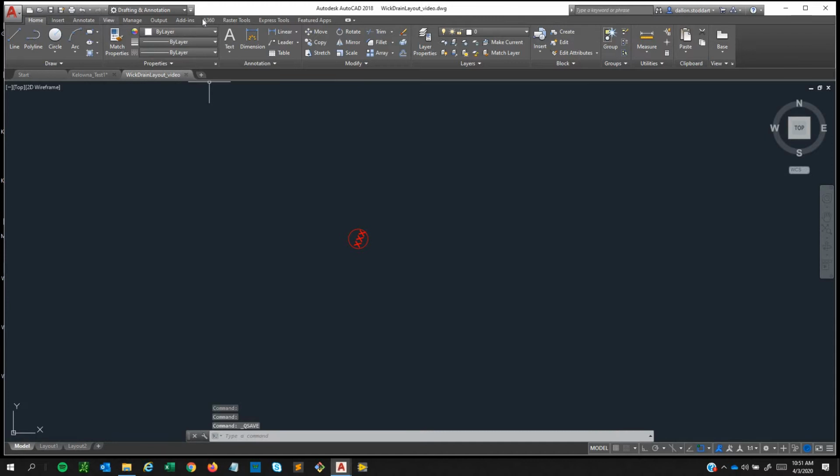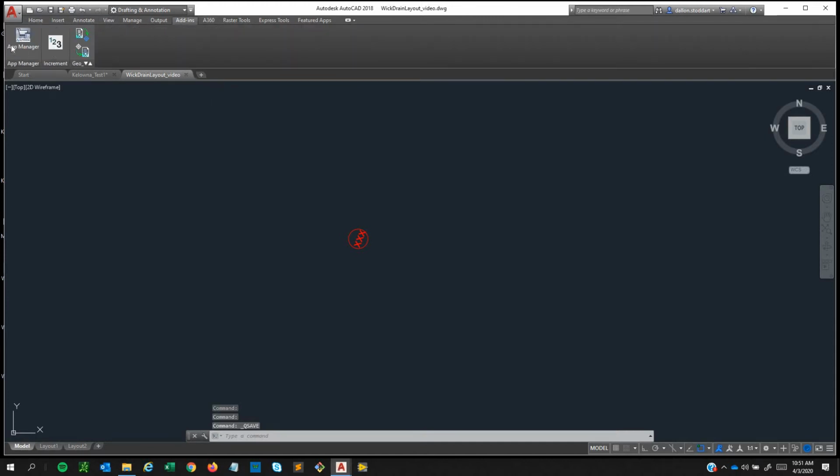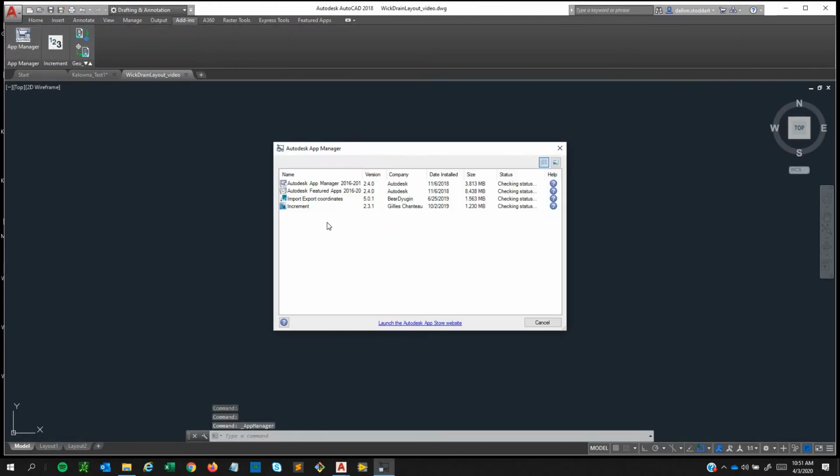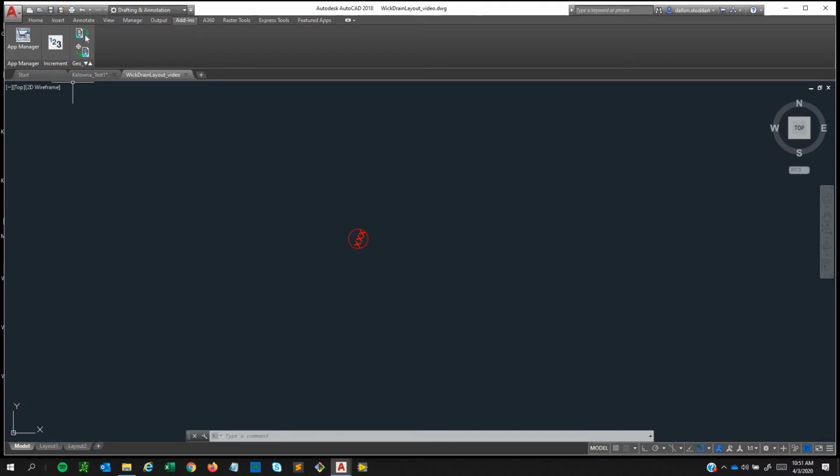So we can go over to our add-ins, and you're definitely going to have to download the import export coordinates from the Autodesk store. I think it costs $5, and then you might as well download the increment application, which is going to do our auto numbering for generating our layout. So once you've downloaded those, you can